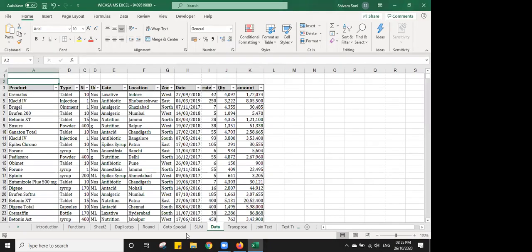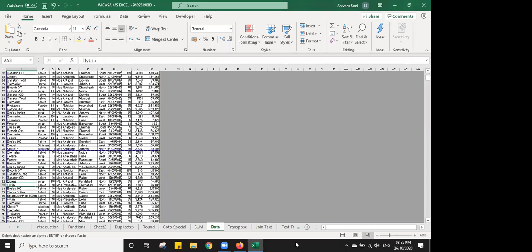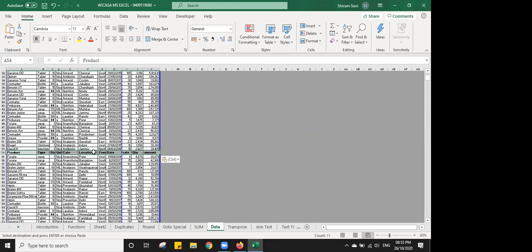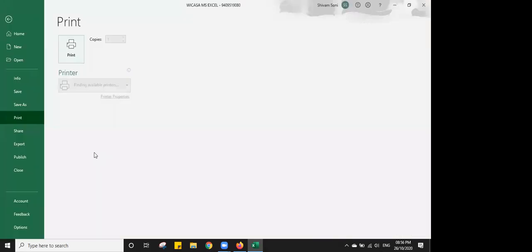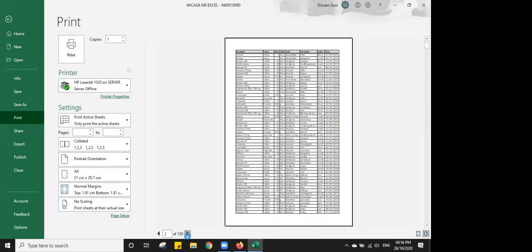So either we can click on each and every cell, go to every page reference and just add. Like suppose I want to add this, I can go over here, go to page 2. My page 2 will start from this line. So I can add over here, like on every new page I am going to add a new header. I can Control copy and paste, and then you can see.